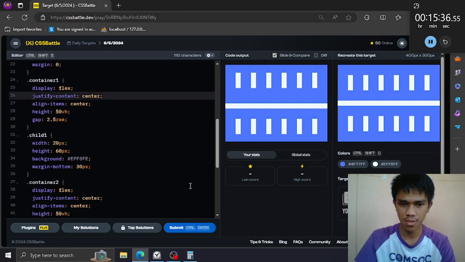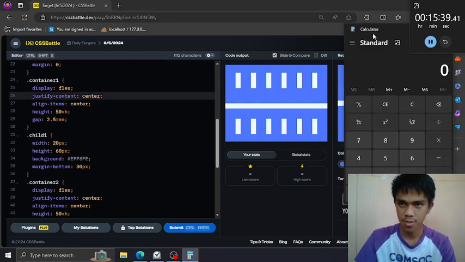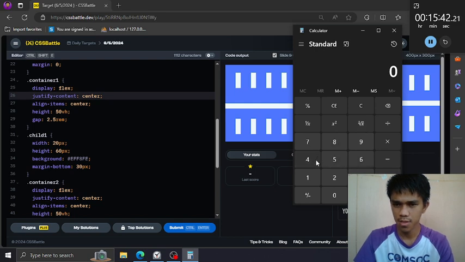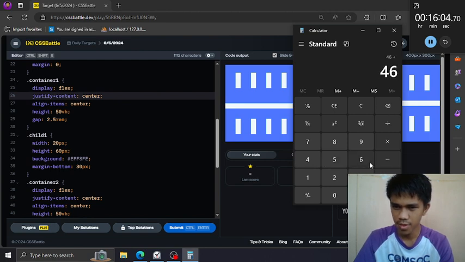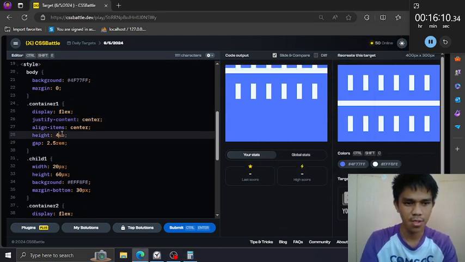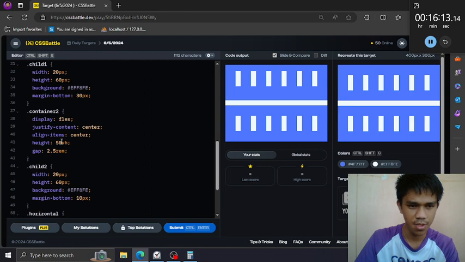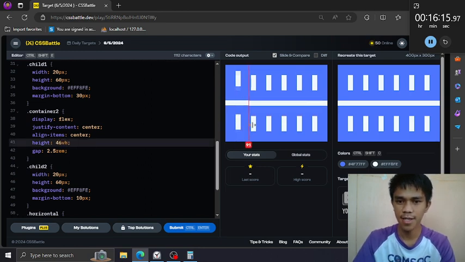Okay, so this is just an easy task. 42 plus, no, 42 is not, maybe 46 plus 46, yeah, we can put a 46% here, 46, and also for container 2, 46, and